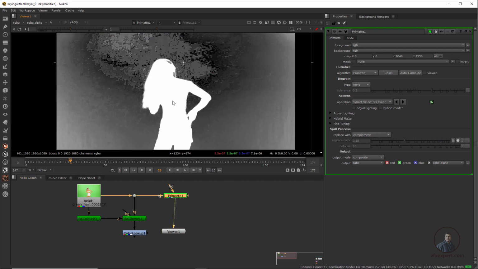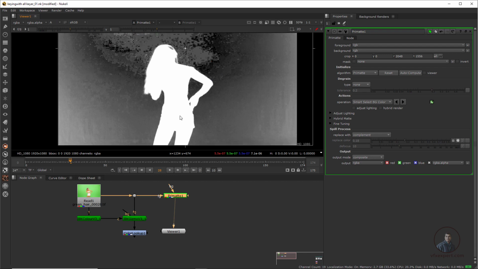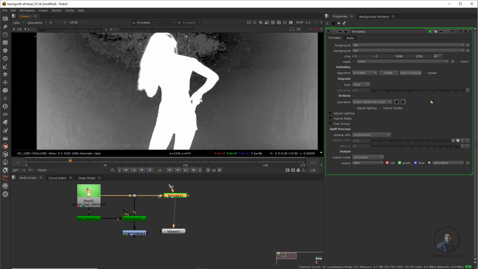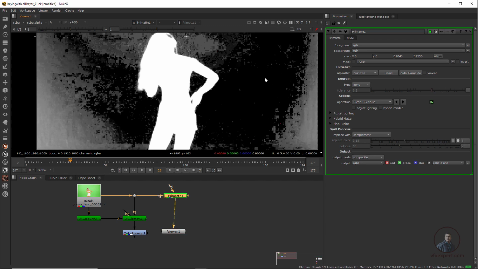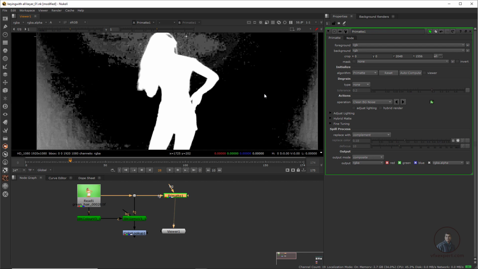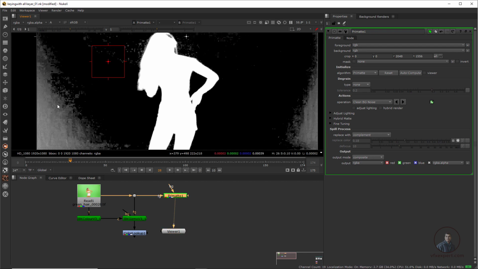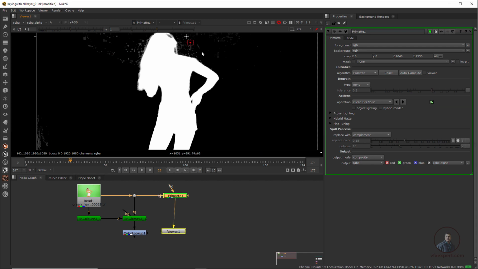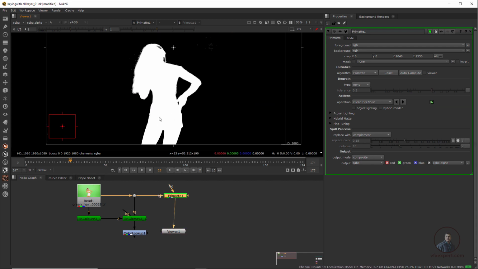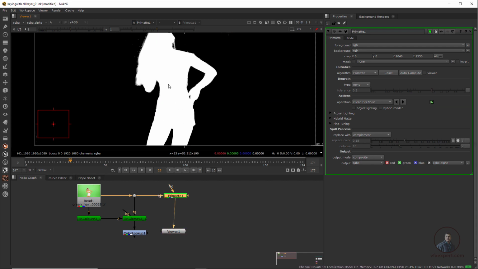Here we have to make this pure white, because we have to create our core matte. Then click here and clean background noise to clean this, then hold Ctrl and Alt. You can select all these pixels, and you can also hold Ctrl Alt Shift to select all these pixels here. Then after this we have to check this inside matte, which is our white part.